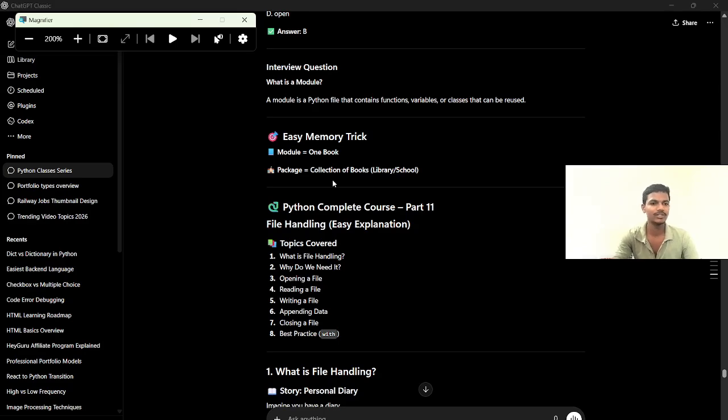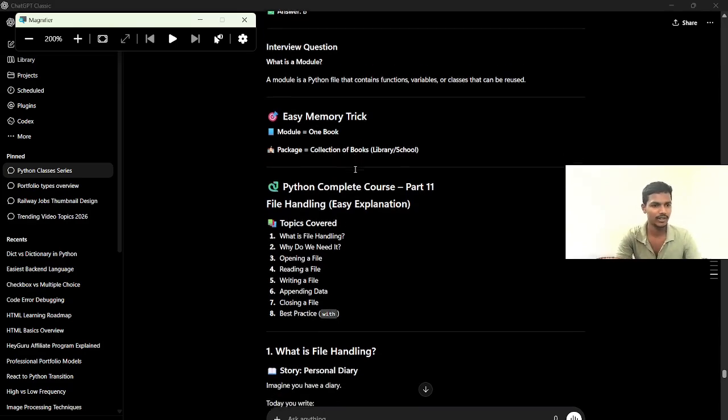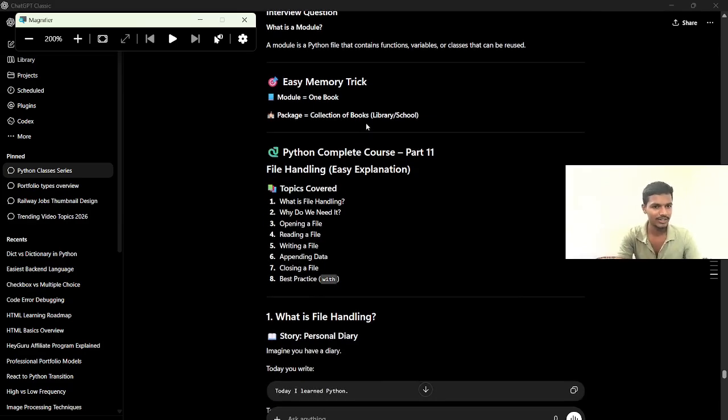Once the module name is used, you can reuse the code automatically. A module is one book, a package is a collection of books. Okay,